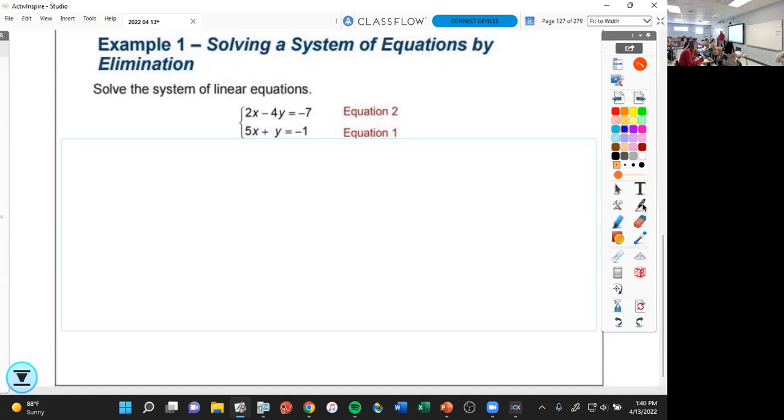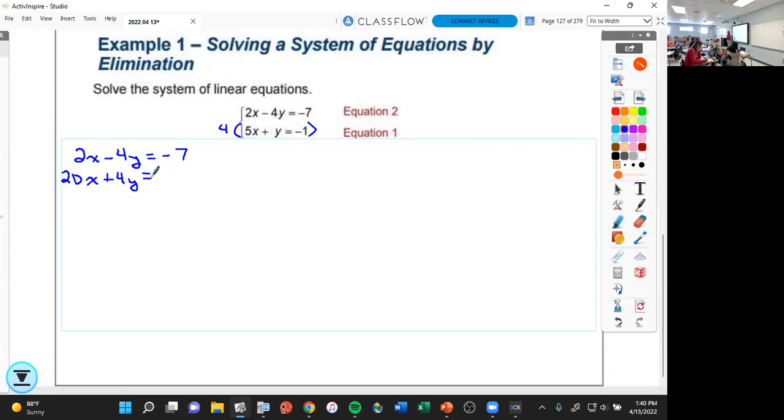So which equation do you want to multiply? Second equation by 4. Okay, we're going to multiply equation 1, which happens to be the second one. I don't know why they did that. Okay, so we're going to take the second equation, multiply it by 4. So we're leaving equation number 2 alone, which is 2x minus 4y equals negative 7. By multiplying equation 1 by 4, we get 20x plus 4y equals negative 4. And when we combine, we get